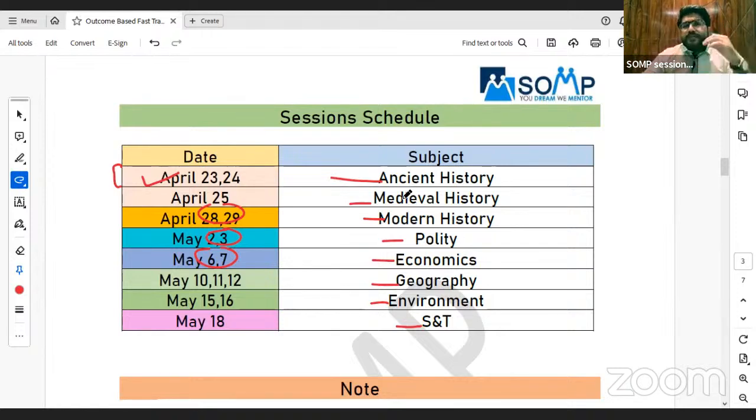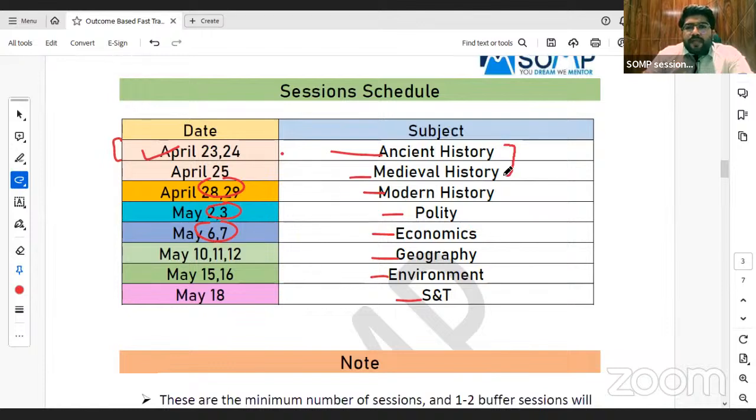These type of discussions, along with some of the PYQs which have been asked in Indus Valley Civilization, and all those things. And then we'll be done with medieval. Then you have the next 2 days, let's say 26 and 27, for modern. You cover modern, and then in the next 2 days in the session, modern will be done.